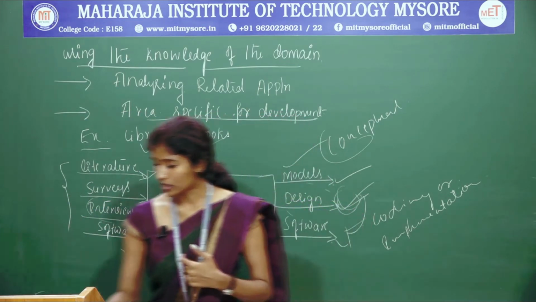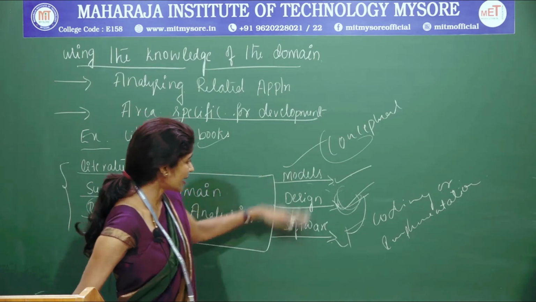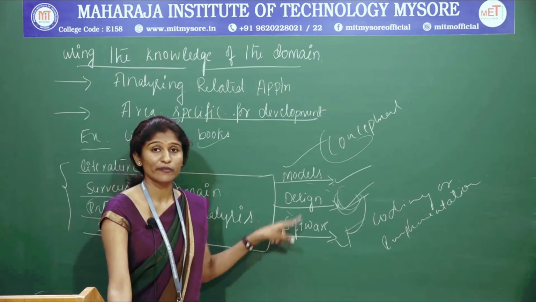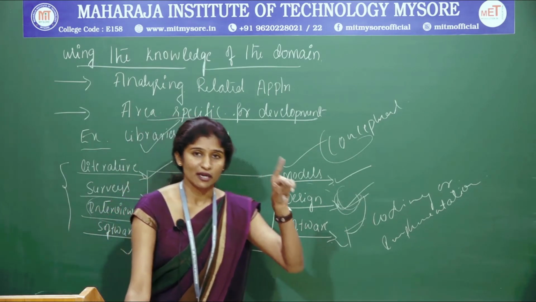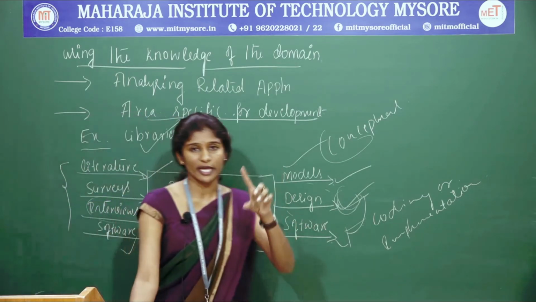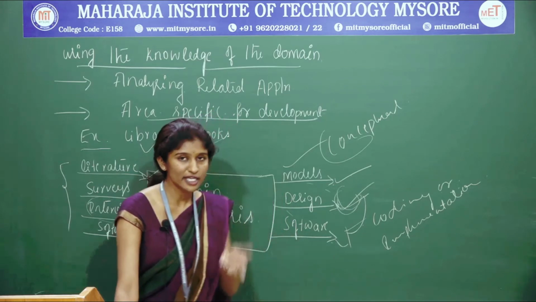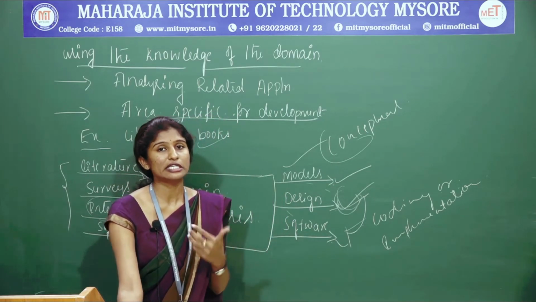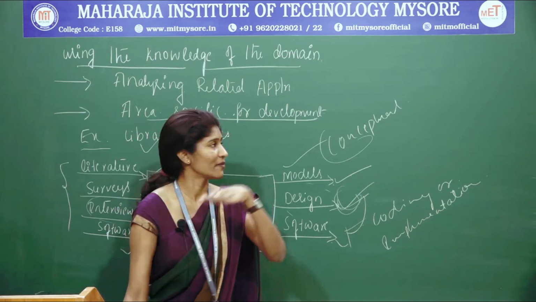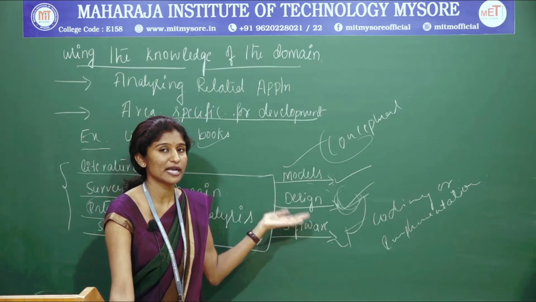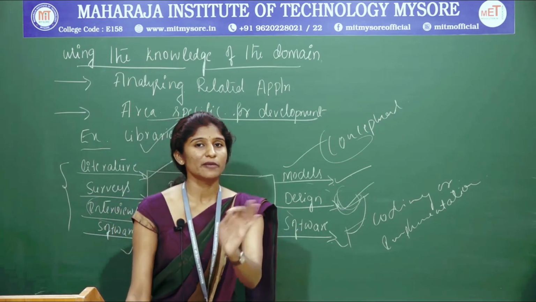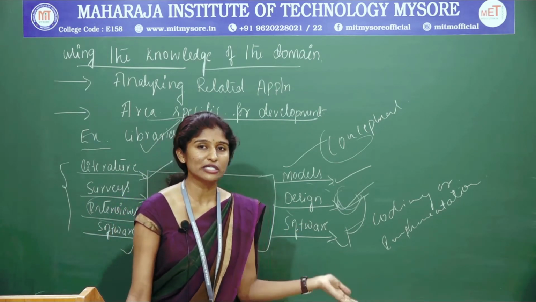Okay, so next we have another topic. Till now we have discussed only one chapter in the second module. From the information gathering up to your domain analysis, this is one chapter. Next we have the second chapter, which includes the design and implementation. We are going to design and then implement. Here also we design using a use case diagram and class diagram. Further it will continue in the second chapter of the second module, the design and implementation part. In the design we are going to include the sequence diagram.